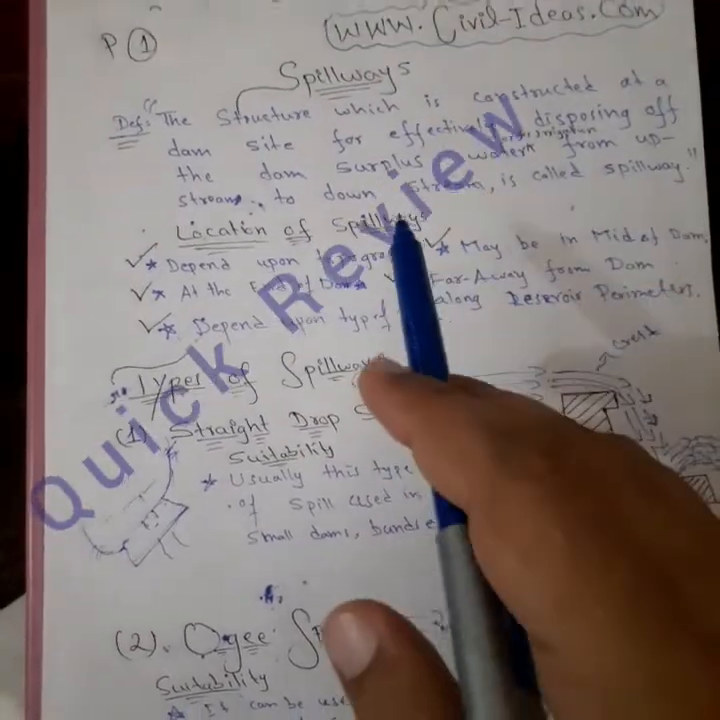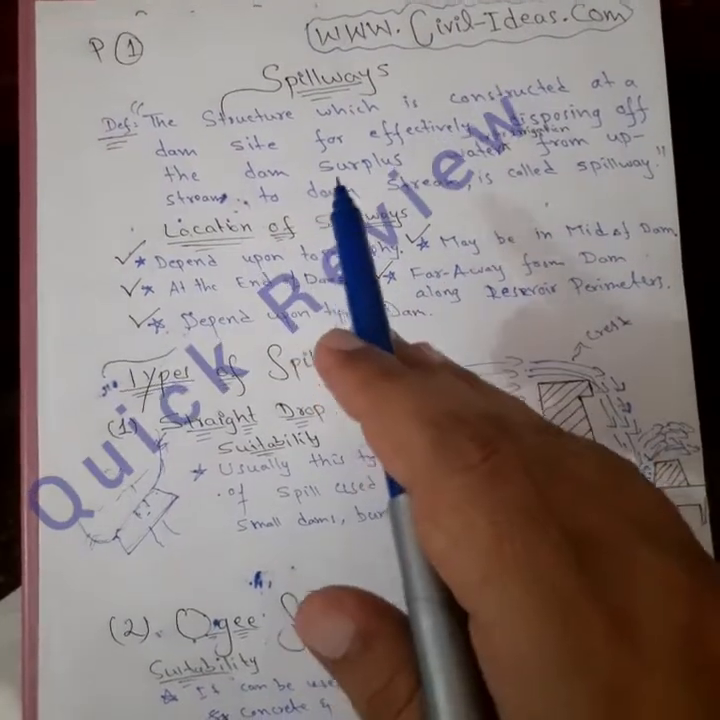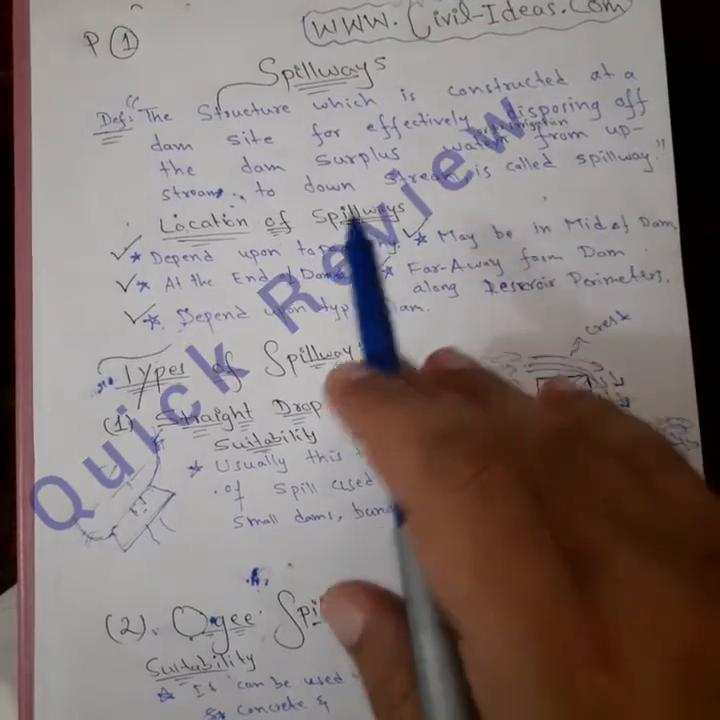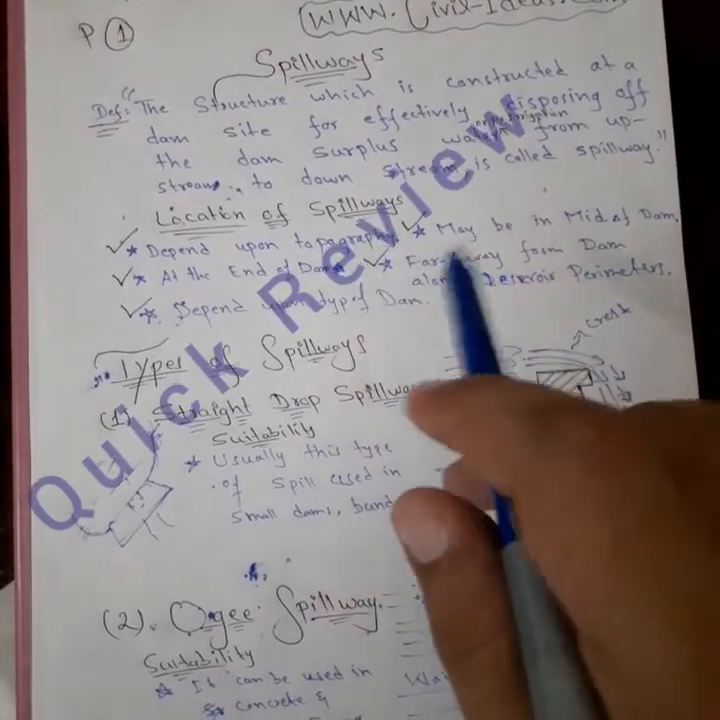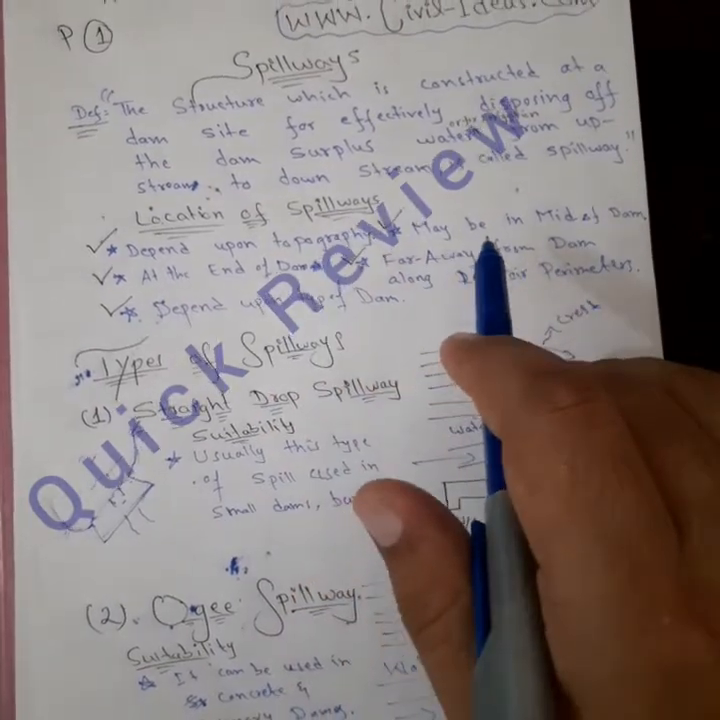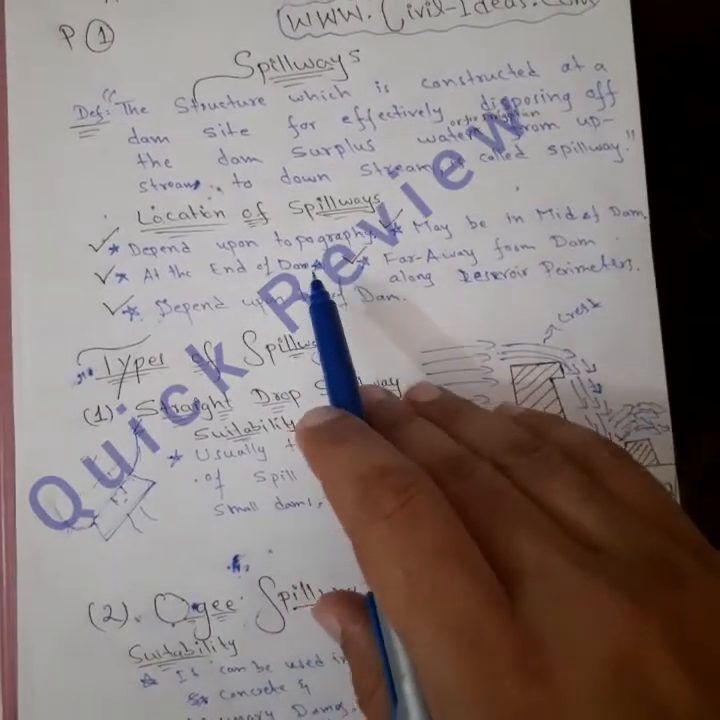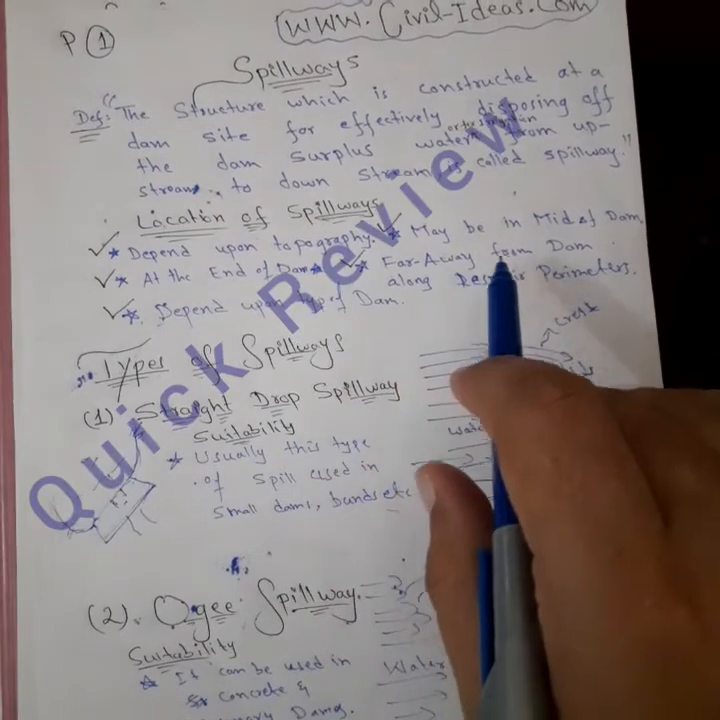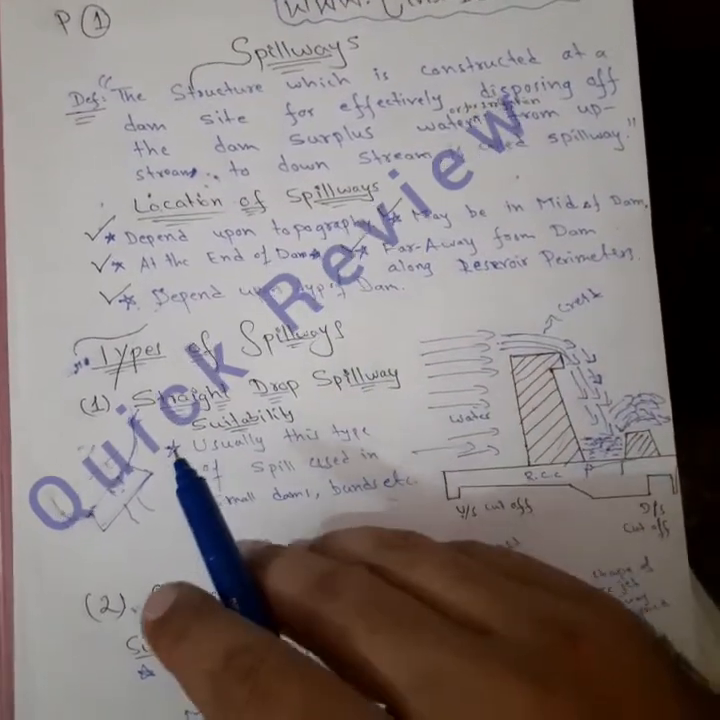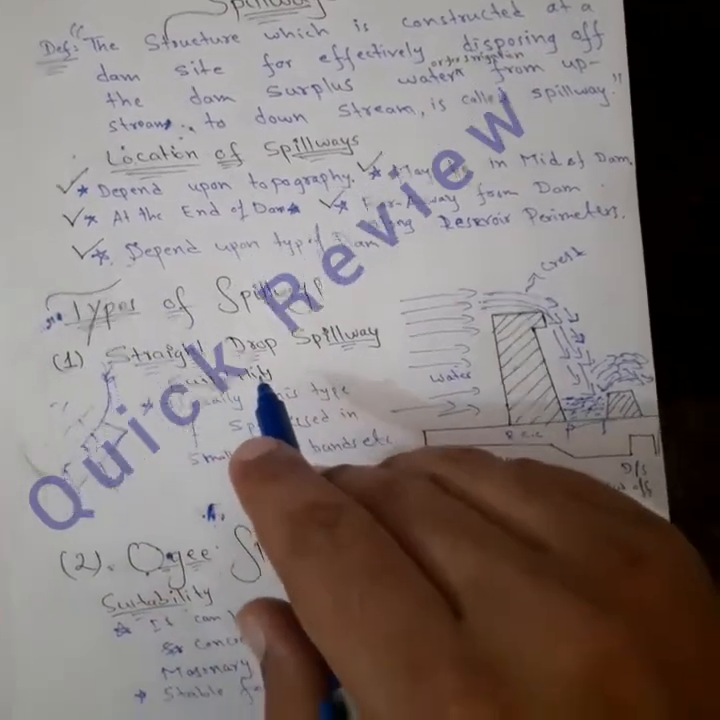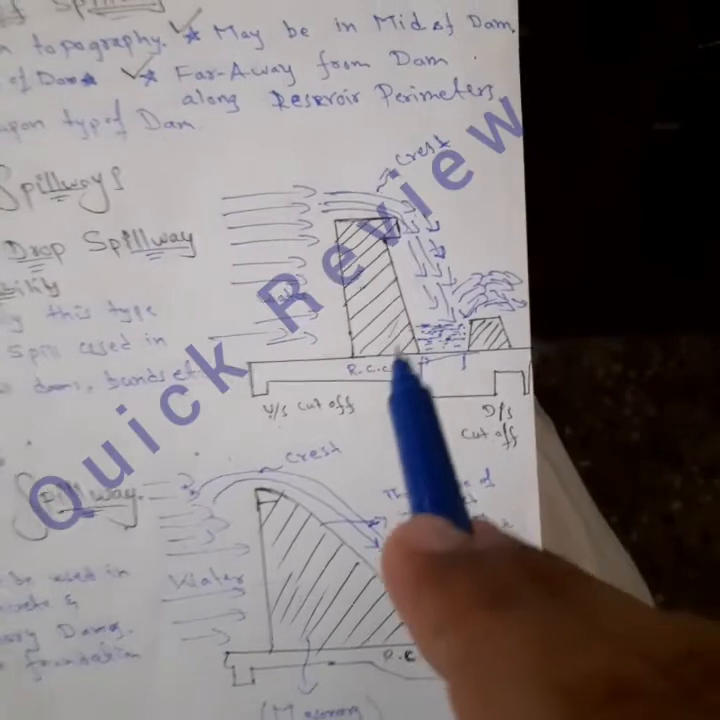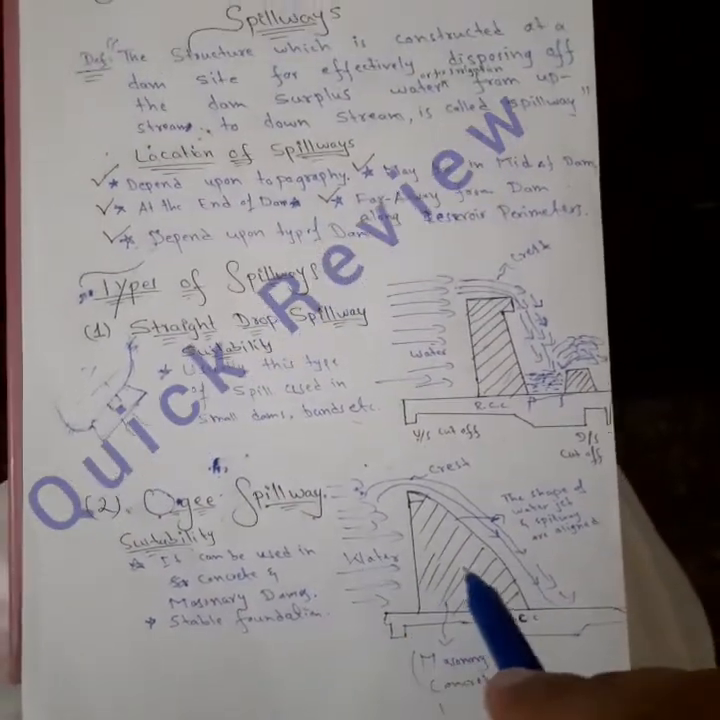A spillway is constructed at a dam site to effectively dispose of the surplus water from upstream to downstream. The location of the spillway depends upon factors such as the topography of the area, and it may be provided at the middle, at the end, or far away from the main dam. The types are the straight drop spillway, these are the ogee spillway,